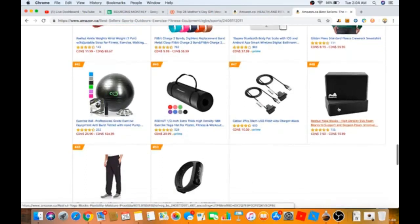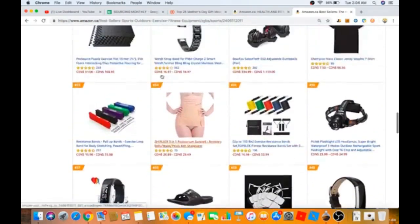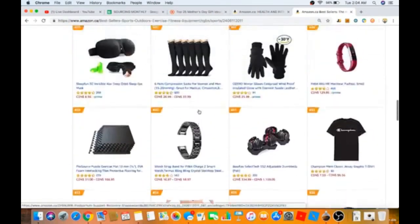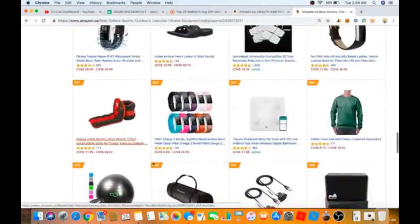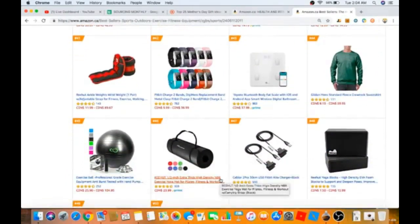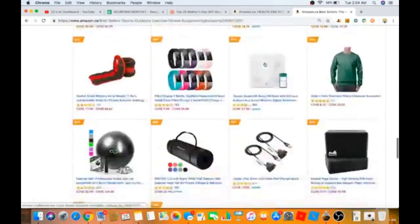You can maybe only fit 20 of these in a box, whereas if you had something small, like resistance tubing, you could probably fit 100 of these in a box. You could probably fit 500 of these in a box, or 200 or 300. So when you amortize that shipping, 500 units or 100 units may only cost you $100, or 500 units may only cost you $300-400,